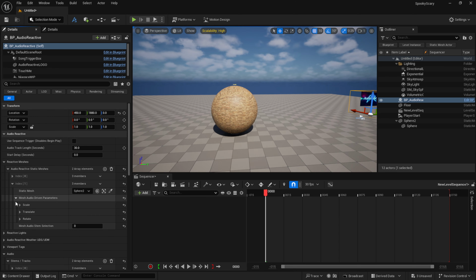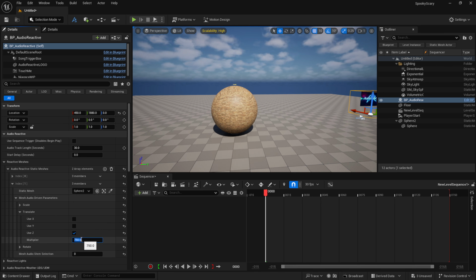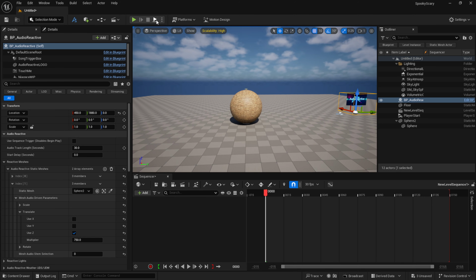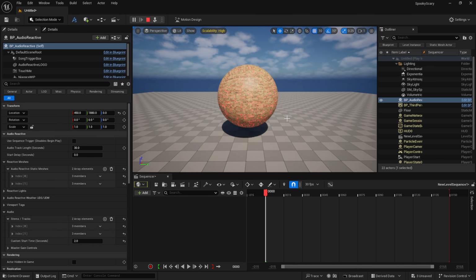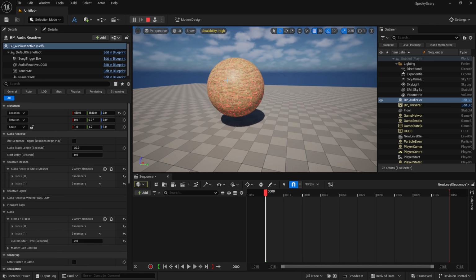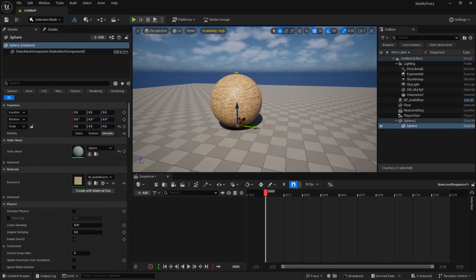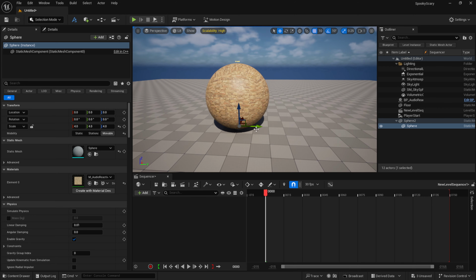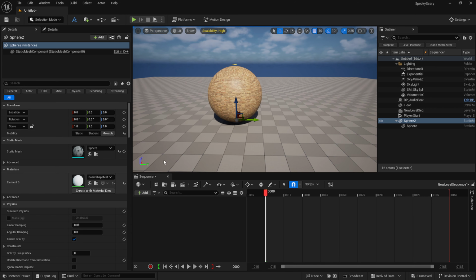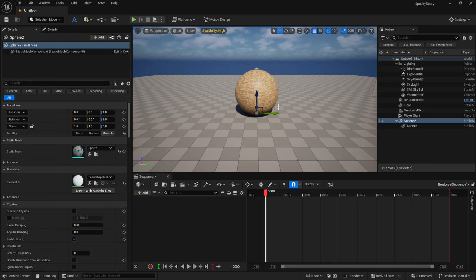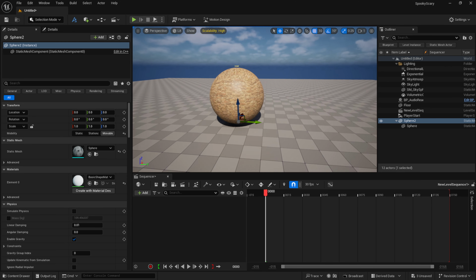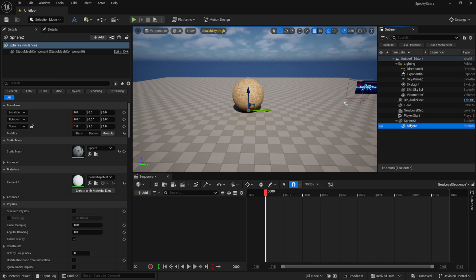So let's make this little sphere translate up on Z. I'll make it pretty big just so we really see what's going on. All right, so let's go ahead and hit preview. So now we have the sphere scaling using my blueprint, but it's also moving up on Z using its parent mesh, which is also in my blueprint. So now you have two separate meshes kind of driving the reaction of one mesh.